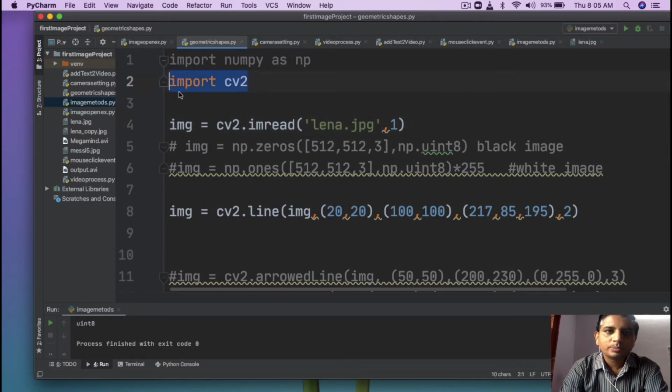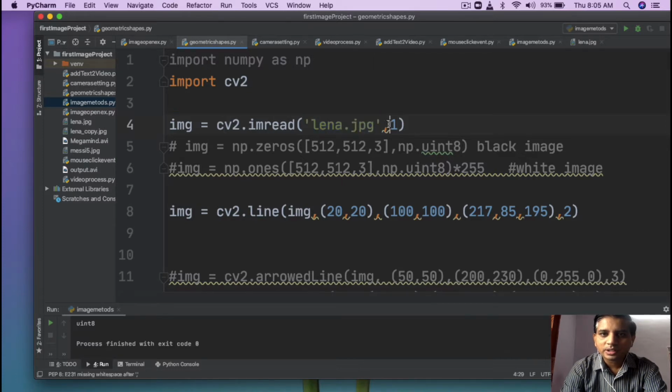First you need to import the CV2 library, then on which image you want to draw the different shapes, you need to read it using the imread function. The command is very easy, cv2.imread, and which file you want to read. It is the first argument, and the second argument: if you are giving 1, you are reading in RGB format.